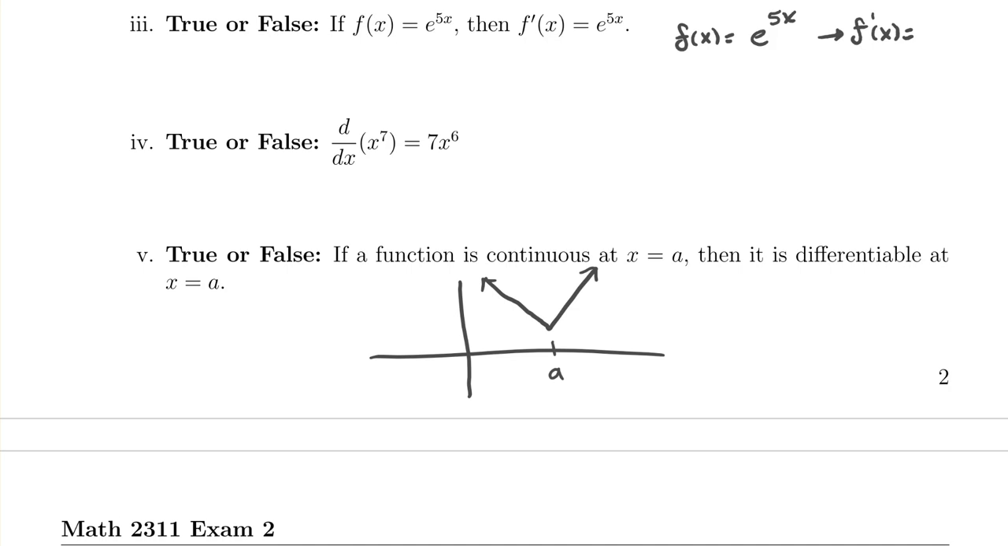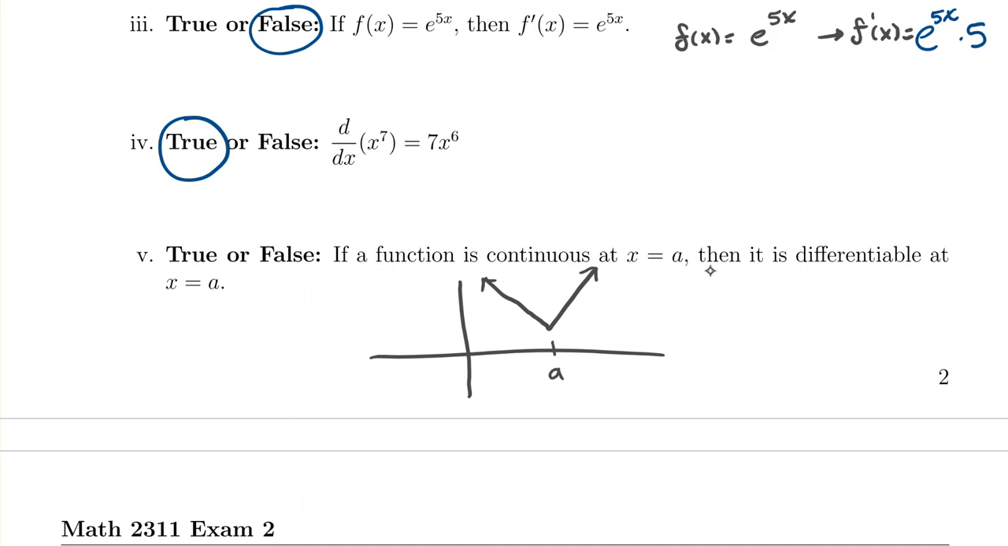We know the derivative of e to the x is e to the x, the inside function is 5x, so that would give us e to the 5x times 5. Not what we see represented here, this is false. Okay. Our next question follows power rule, so the derivative of x to the 7 is 7x to the 6, that's true. And for our last question, we see that a function is continuous at x equals a, so if